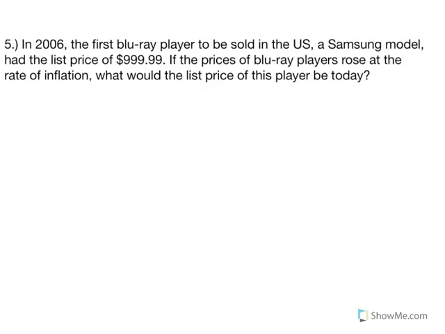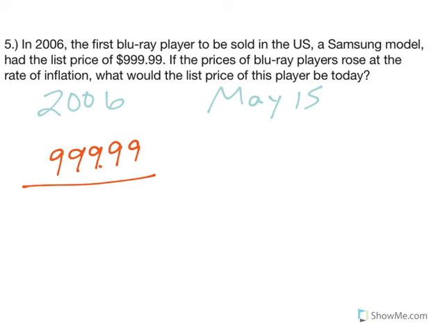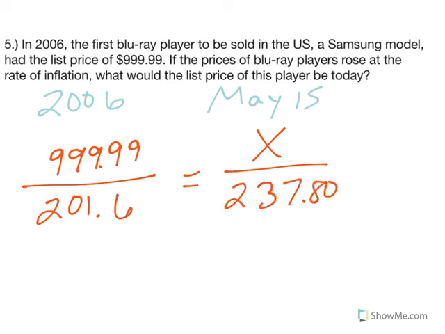Number 5. The first Bluray player in 2006 was almost $1,000. If they increased with inflation, how much would it be today? So 2006, and again, because it's today, we're going to use May of 15. So our proportion, $999.99. 2006 had a CPI of 201.6. May of 15 is an unknown, but we have our 237.805. If Bluray players had stayed with inflation after you cross multiply and divide, they should cost